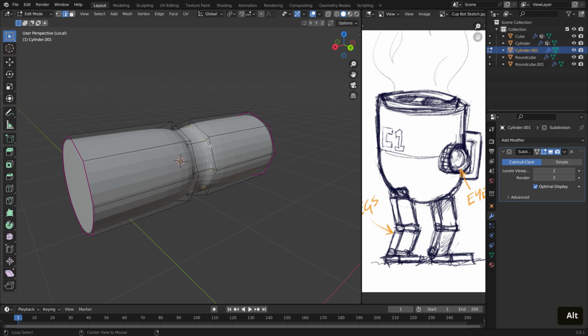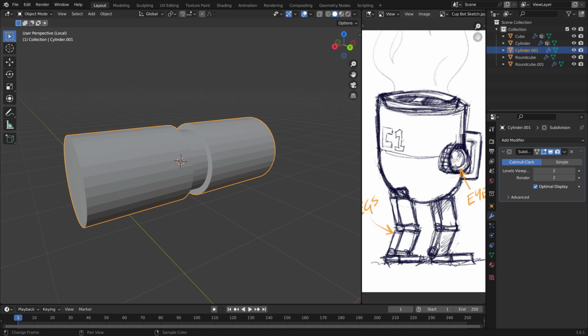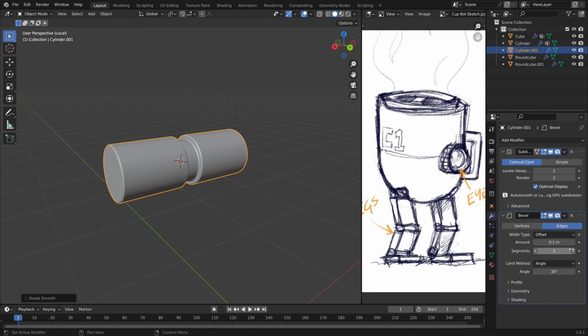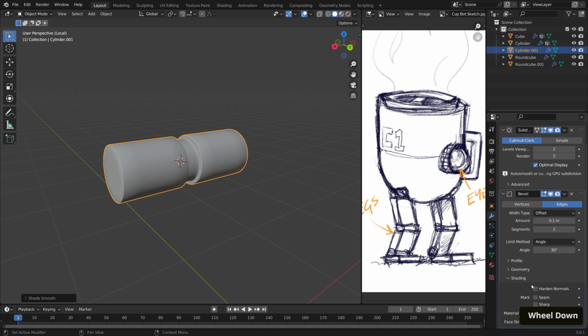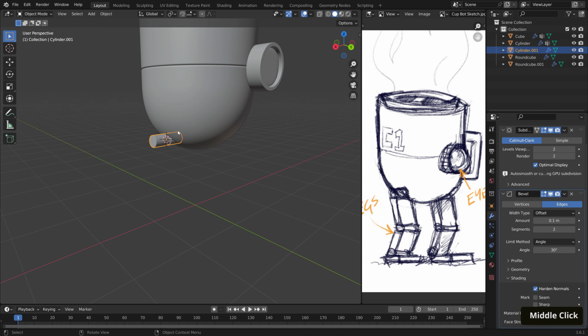And once again, we want to select all of these edges and Control E. Okay, that looks good. Let's go over to our modifier and do a bevel, right click, and shade auto smooth. And again, let's add one more segment, go to shading and harden normals. Now, jumping out of isolation mode, we have our first section here,